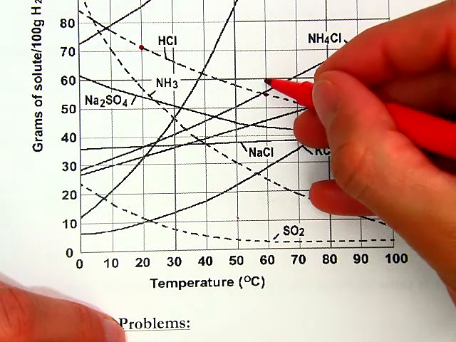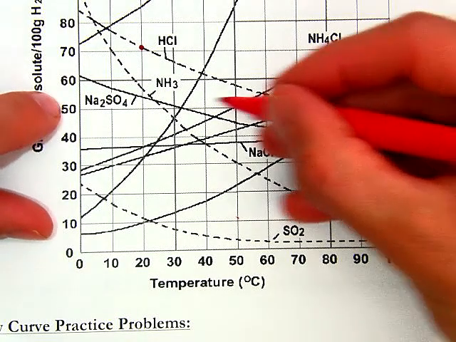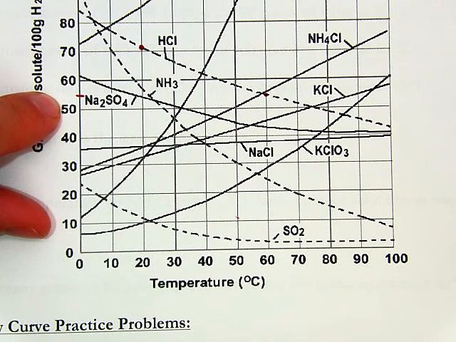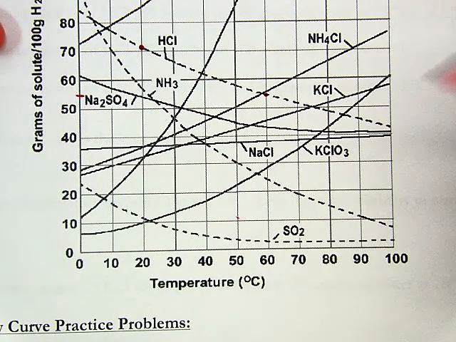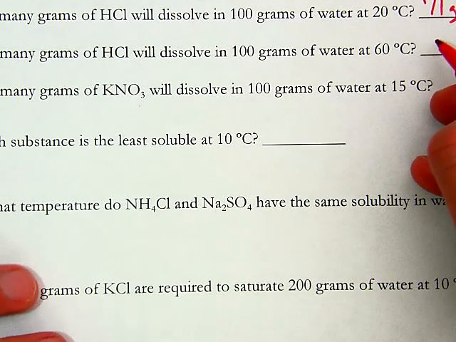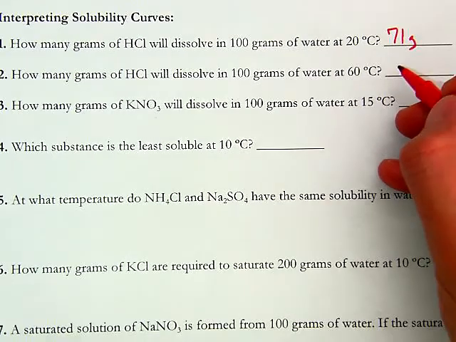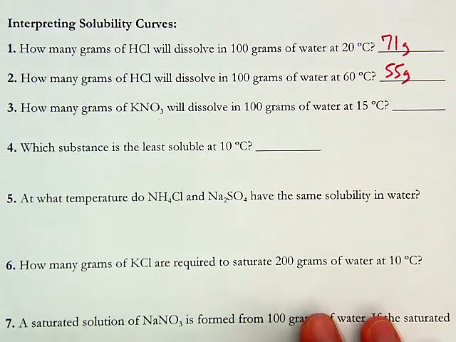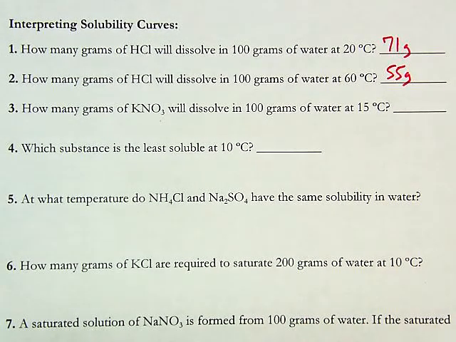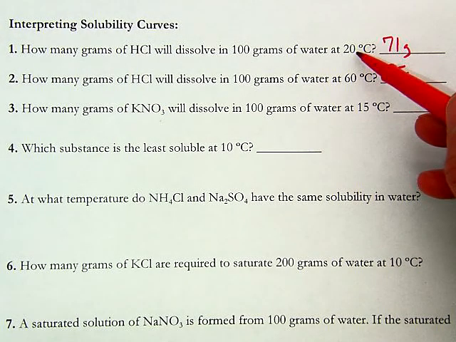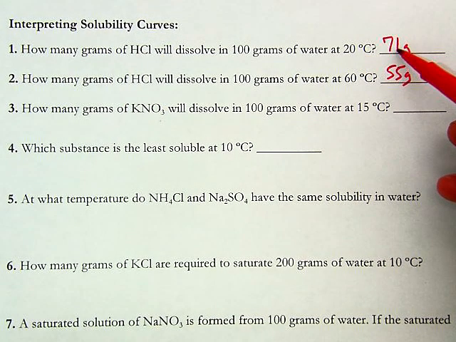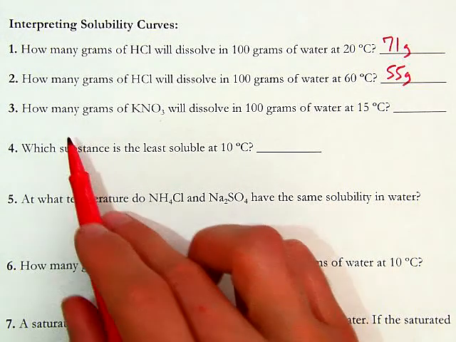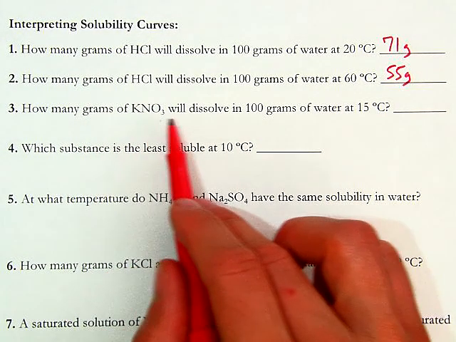That's about halfway between these two lines. So if we go over, it's about halfway between 50 and 60. So about 55 grams. So for those first two, all we're doing is finding the temperature and then seeing where we hit the line for HCl. For number 3, it says, how many grams of KNO3 will dissolve in 100 grams of